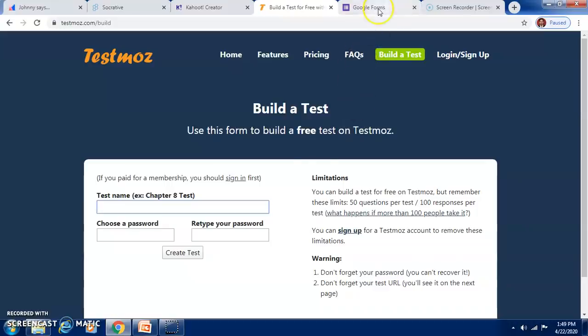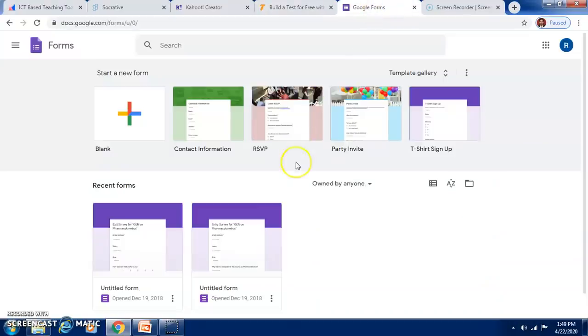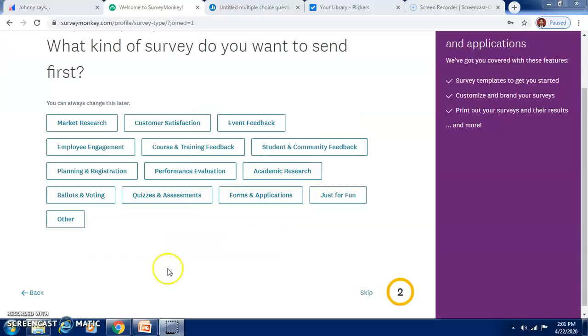Then you can have an online quiz by using Google Forms, because Google Forms can be used for surveys, for quizzes, for party invites, for everything. But you can use it as an assessment tool also. We can use SurveyMonkey for conducting quizzes and assessments along with all these features.